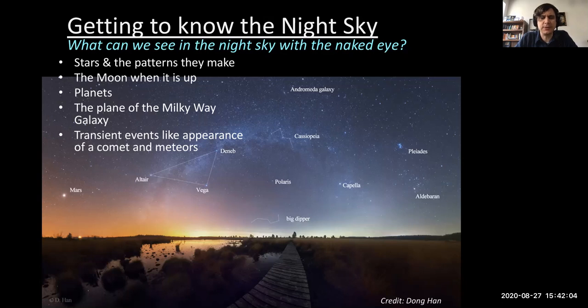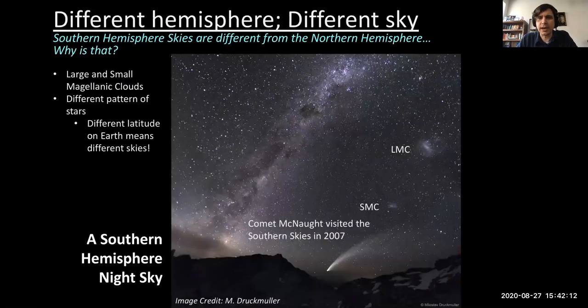I'll try to show some images of that in one of the upcoming videos. I was out doing photography of it. But we have transient objects like comets. And a little bit more, so here's one of those transient objects. This is Comet McNaught that graced the Southern Hemisphere skies in 2007, which brings me into, if we were to